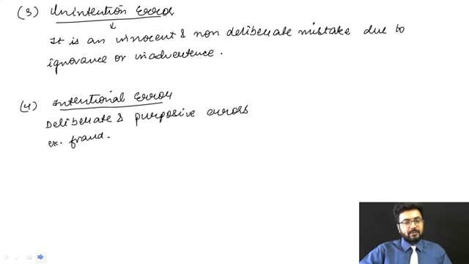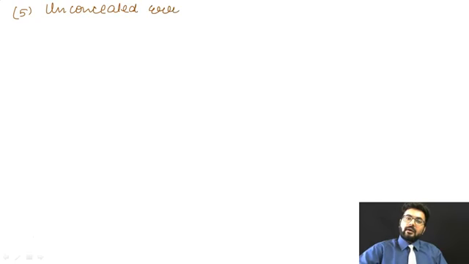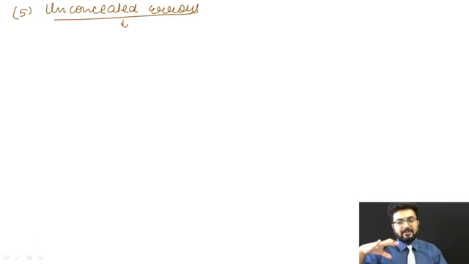Now moving on to next. Please pause. Point number 5 talks about unconcealed errors. These kinds of errors are similar to unintentional error though. That means the error is sustained on basic review of accounts. While doing a basic review, you will come to know about it. So this is again an unintentional error. Leave it. We are going to move straight on to errors affecting trial balance.